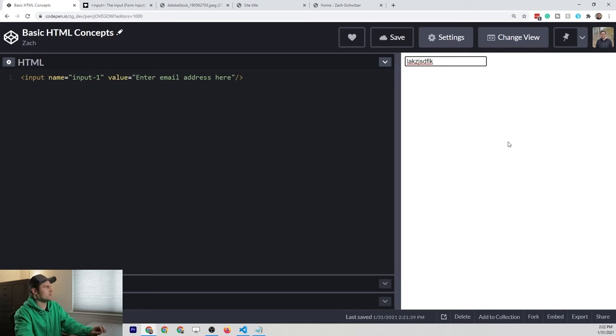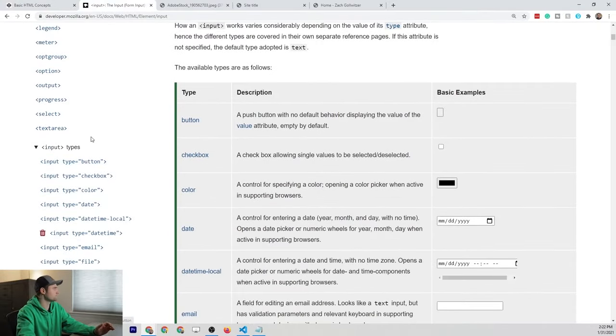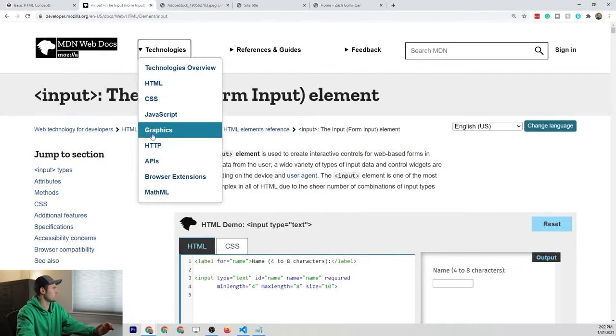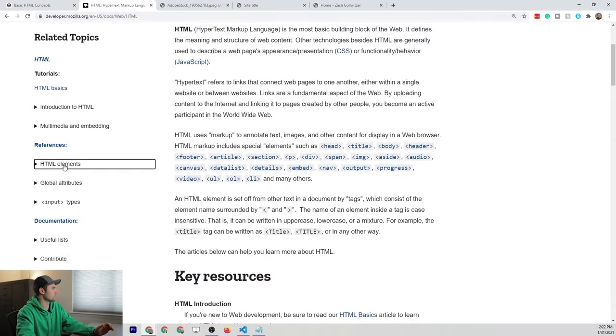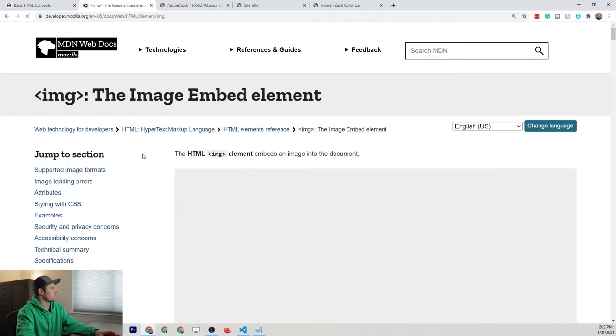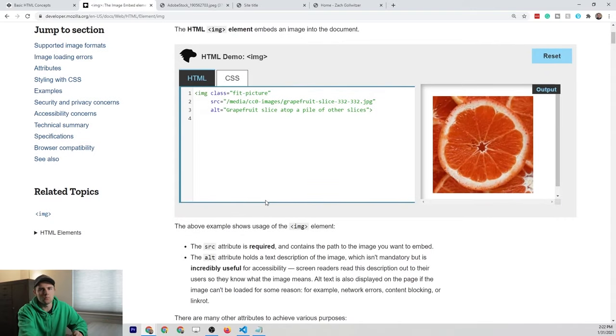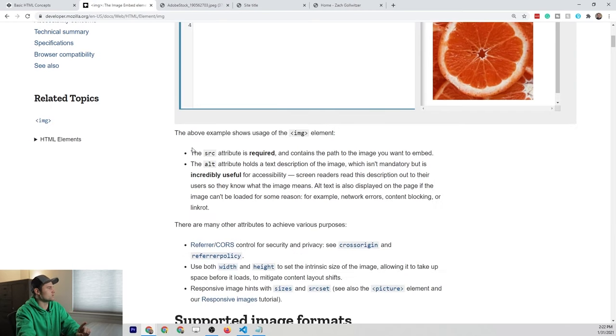Next up, we're going to be talking about image tags, and we've already looked at it a little bit. So let's go to our HTML elements reference and then look for the image tag. There it is. All right, so the image element embeds an image into the document. There are a couple common attributes that you'll use for this, and there's one that is required. So the source attribute is required, as you can see in the documentation,